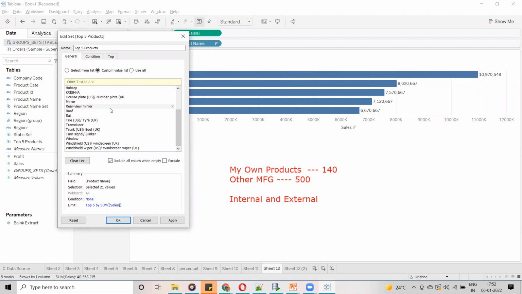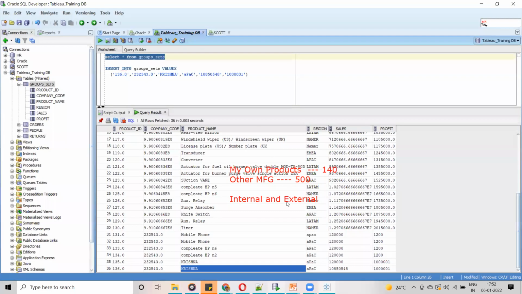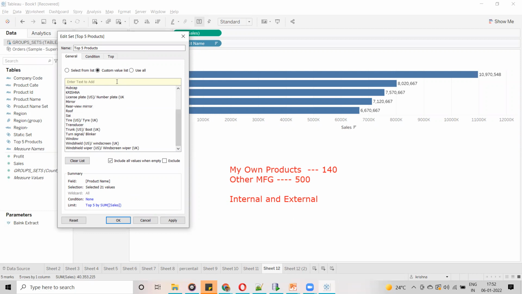What is going to happen is, whenever the customer is expecting some products they are going to launch soon, either in 1 month or 2 months or next week, he already knows what products they are going to launch this year. Then he has given me the list of products, but that is not part of my database table. Now, do I have Sai in my database table? No, it is not there. Still, I have added it in the custom value list. See, he has given almost 142.